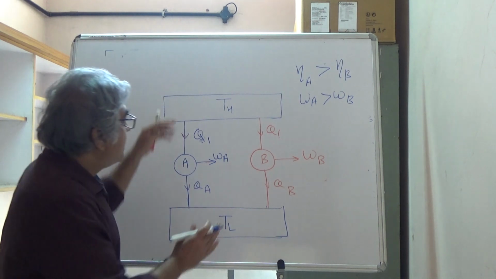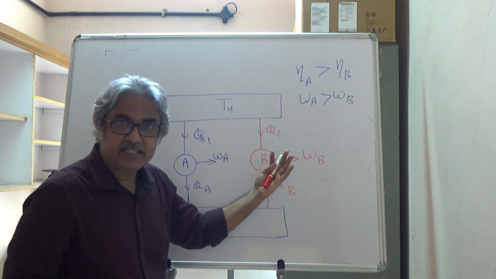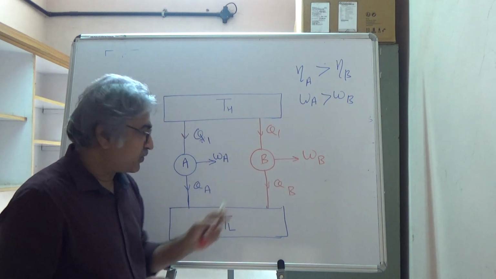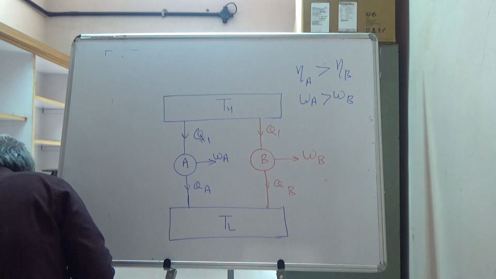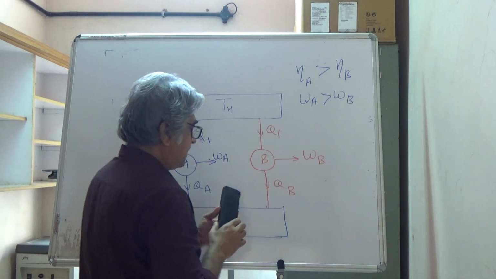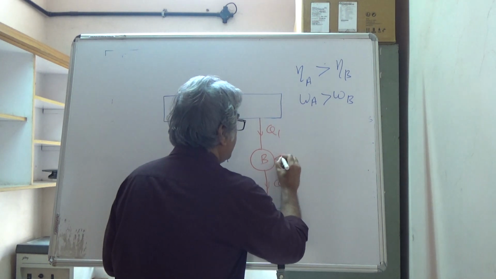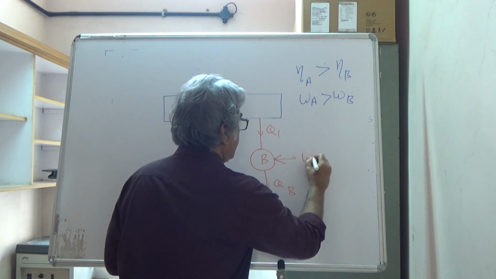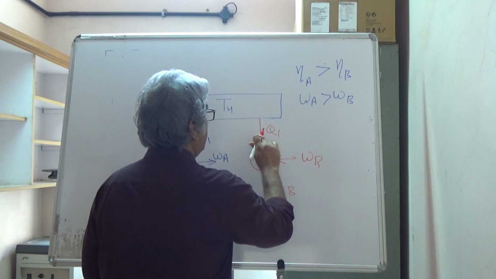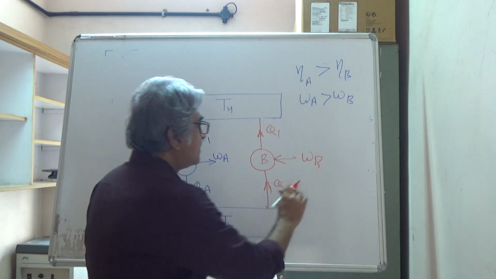Now if we make this assumption, which is contrary to Carnot theorem, what happens logically? We have these engines. This is a reversible engine, so let's reverse it. We will change the direction of arrows. So now this engine will work as, say, a heat pump. So this is WB, and QY.